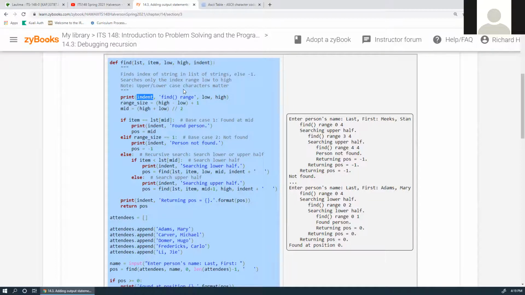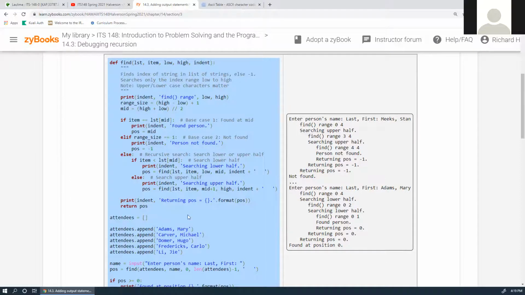This indent is some certain number of spaces, like 3 spaces. Here we want to know what low and high are when we come in here, so we're going to print out this word, and we're going to print out low and high. But we're going to indent it by a certain amount depending on where we are in the nesting of